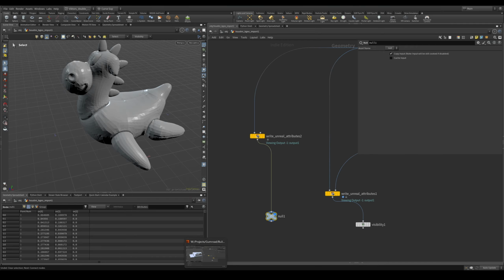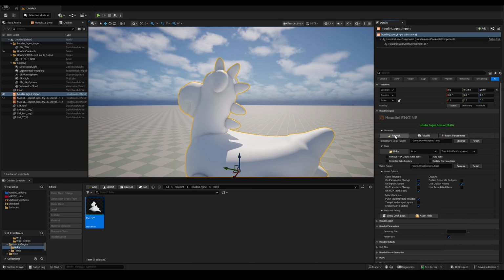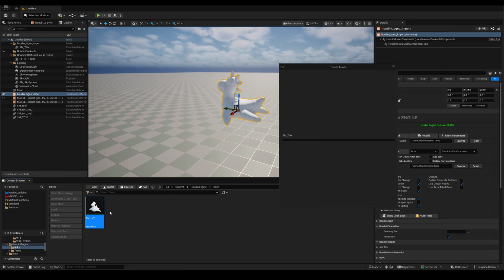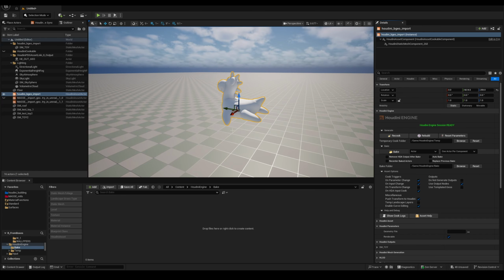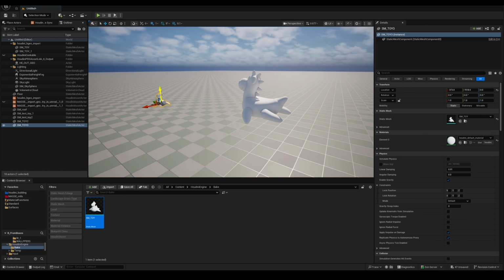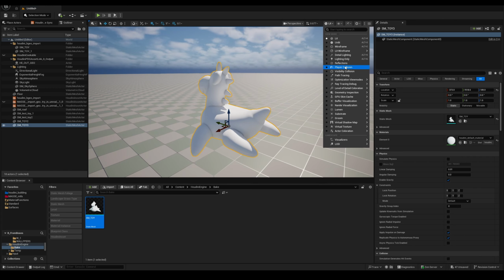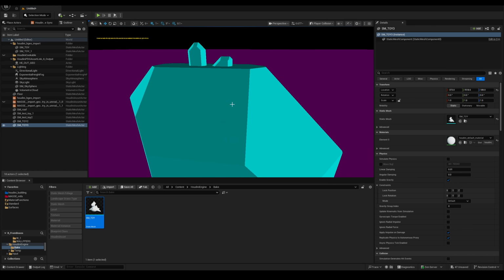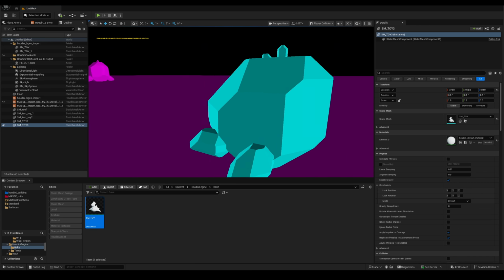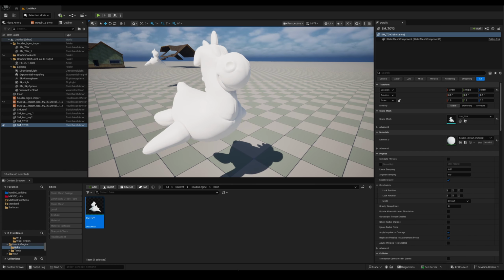Put down the visibility flag here. Let me recook it. Let me delete this one and let's bake it. And let's take a look at our simple collisions. You can see we have now wrapped around each one of these pieces by connectivity. And this is great because,